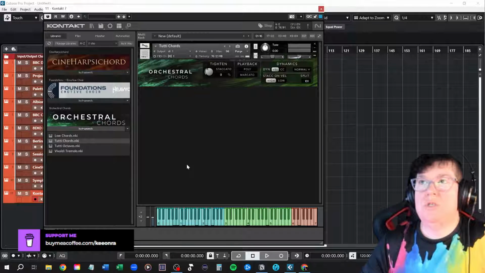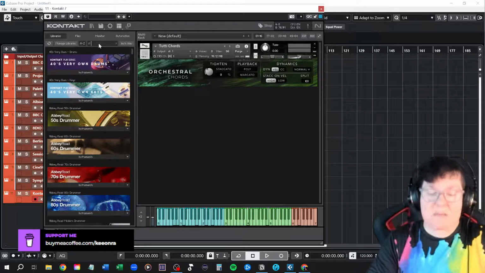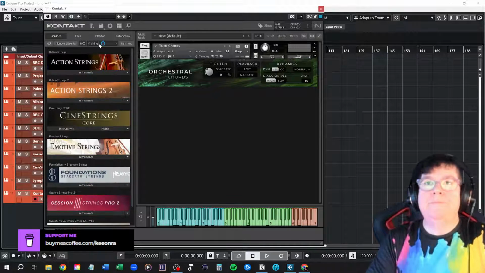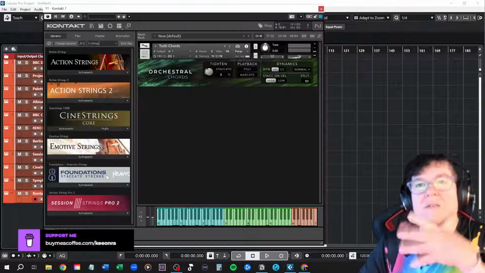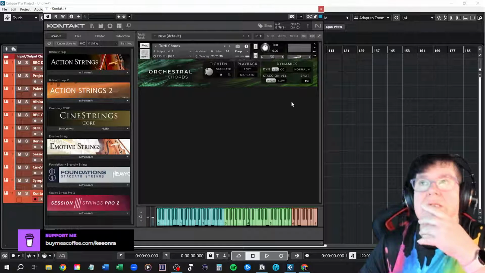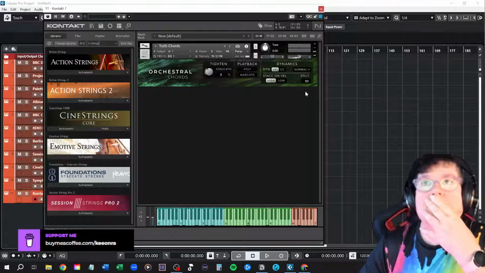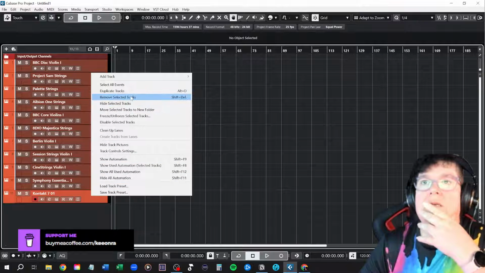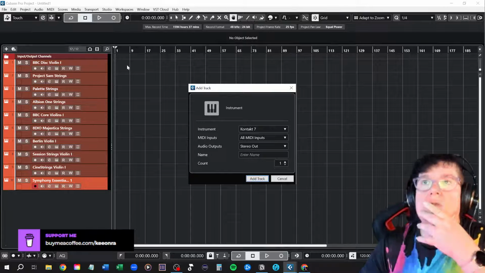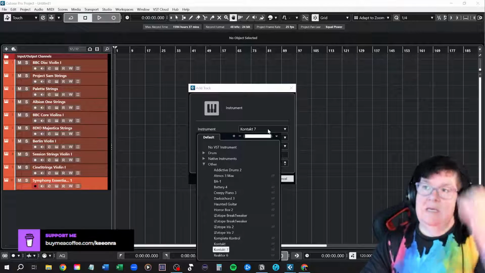the future. Now, are there any other strings that I've got? Action strings, don't want those. Sini strings, I've got emotive strings, foundation staccato strings, not so much session strings. The other ones, so I'll remove that track. And what I will do is add in here